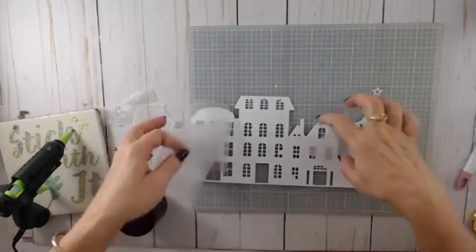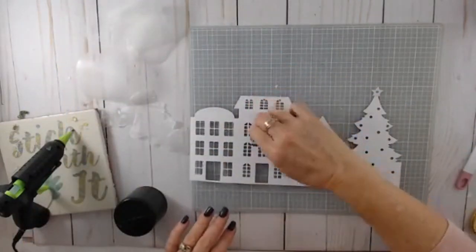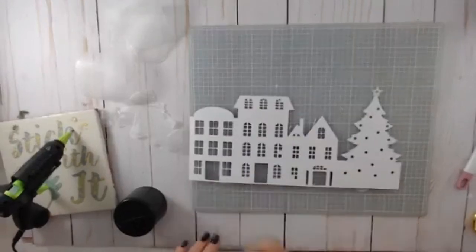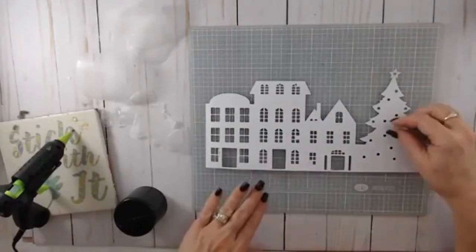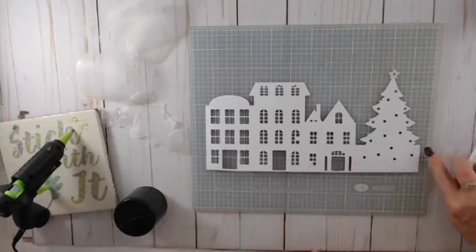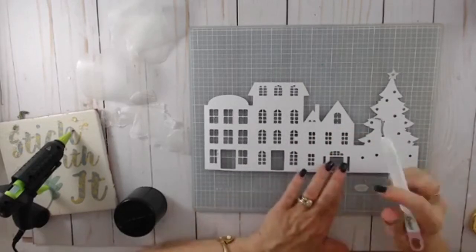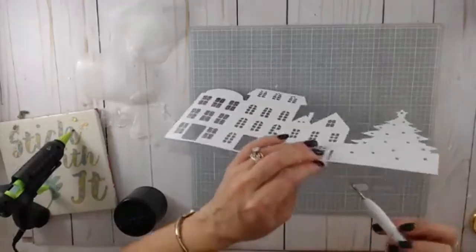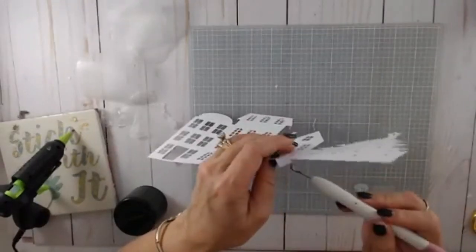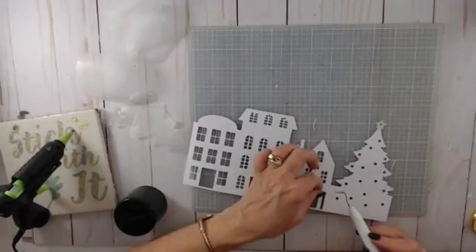Okay, so again, I'm gonna make sure that I've got all the little pieces off of it, and just gonna lightly spray it, and I'm gonna tack the, okay, what else? Oh, look, I'm missing all these things. You girls are supposed to tell me, don't miss them. But I cannot believe